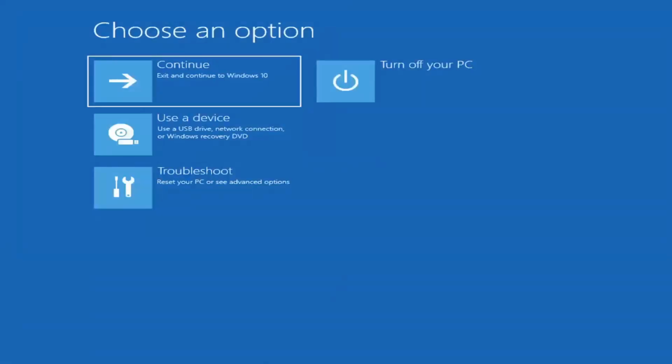So first thing I'd recommend doing would be to boot to the troubleshooting utility on Windows 11. If you do a hard power off 3 times in a row, Windows should automatically attempt to launch the startup repair utility. And if it doesn't find anything, it will give you the option to select advanced settings, in which case it would take you to a screen that looks like this. Now, if it does not take you to a screen like this, or you're unable to get to that,